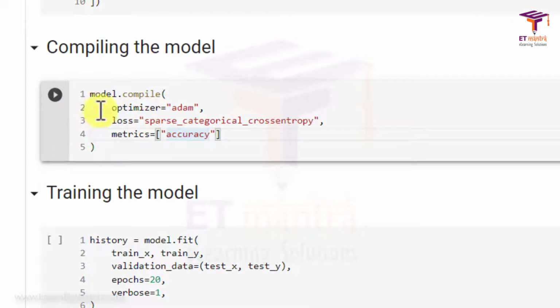After that we need to compile our model. We have used the optimizer Adam. We have used the loss as sparse categorical cross entropy. For this type of classification problem we use this type of loss, and the metric I've used is accuracy. You can look at what types of losses to use on what type of data sets in the Keras documentation. They have given all the information regarding which type of data sets you should use what type of losses and metrics.